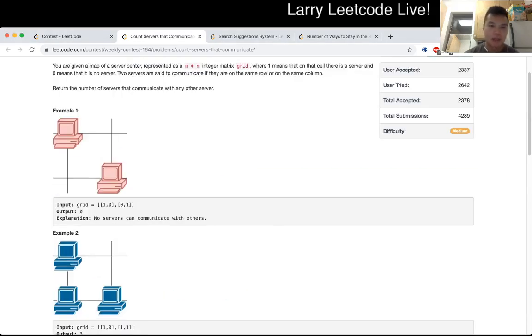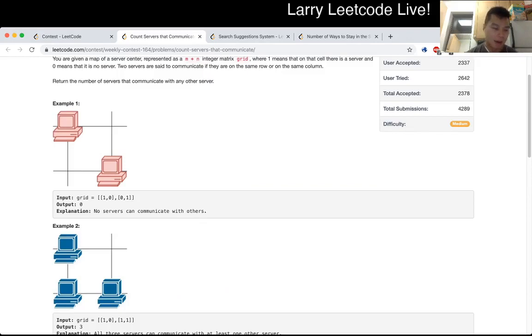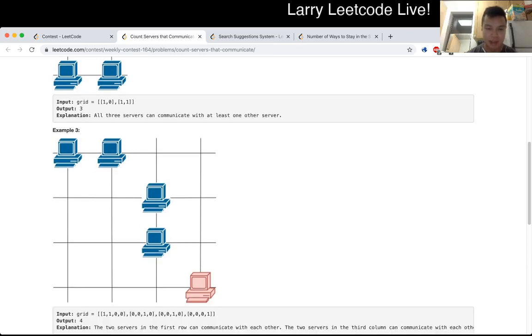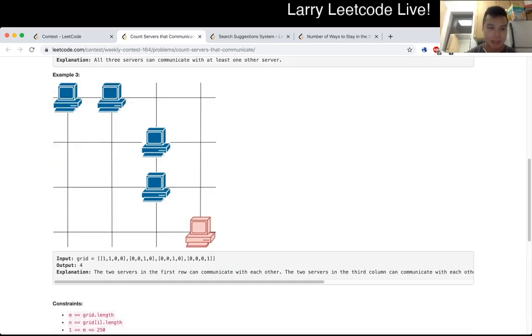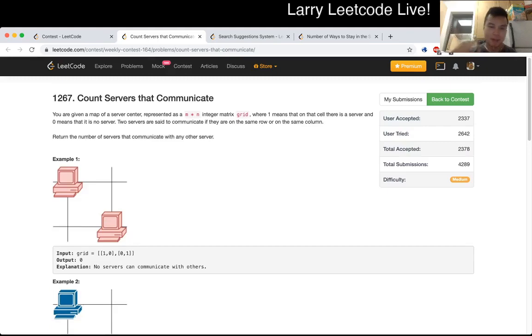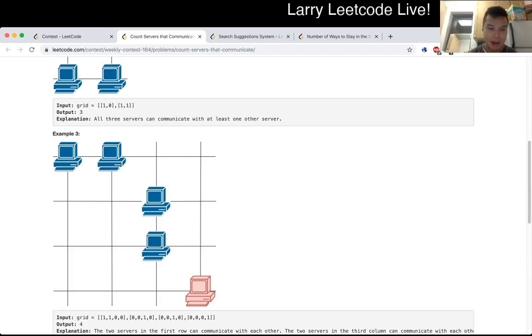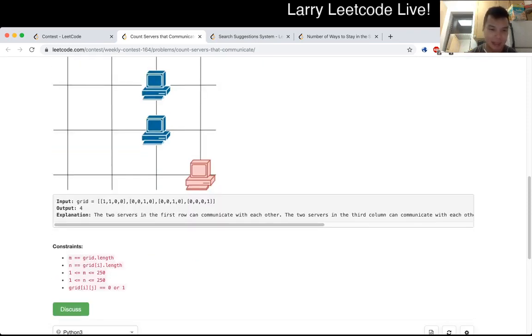When I first looked at it, I thought there may be some connected components thing where you have to do a depth first search and go around. But then I noticed that it actually just needs to be in the same either vertical or horizontal line with another computer. And I took a look at the N's and the M's, and it's 250. So I was debating doing something like N to the fourth just to match anything. But then